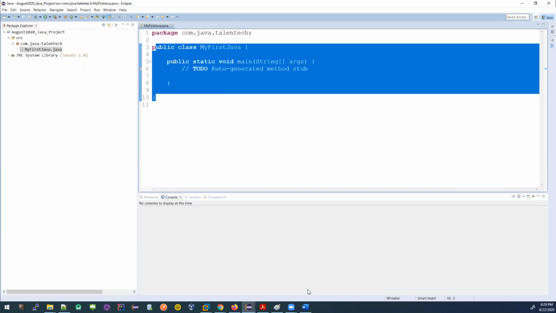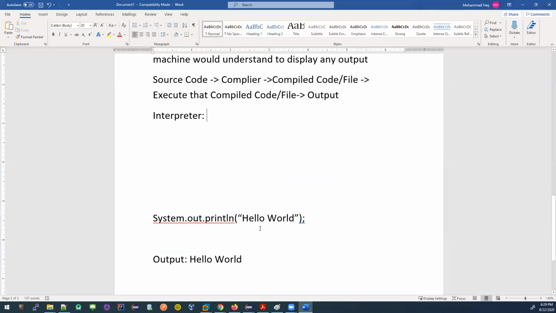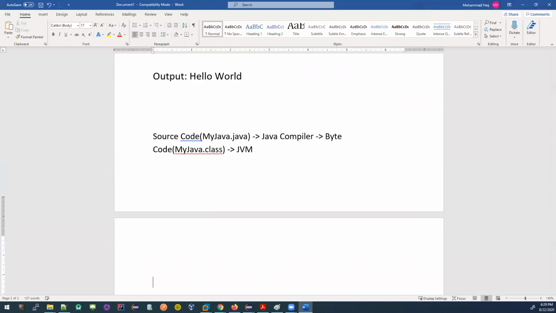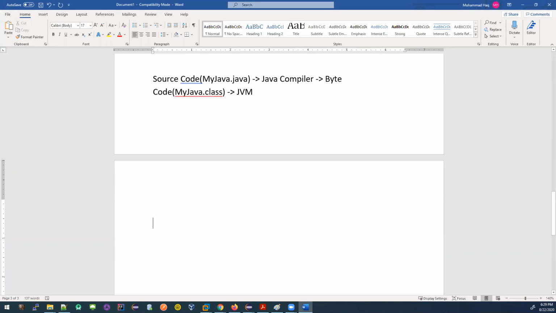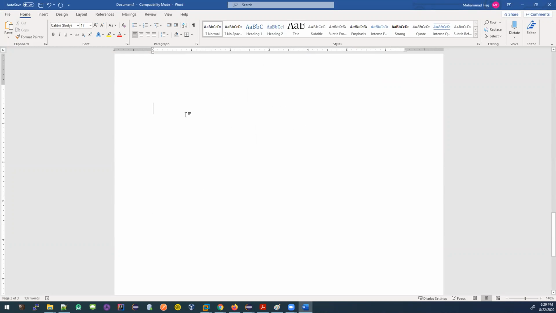The syntax is that you should have this keyword for class. This is a very important keyword, class. Then you will have a class name.